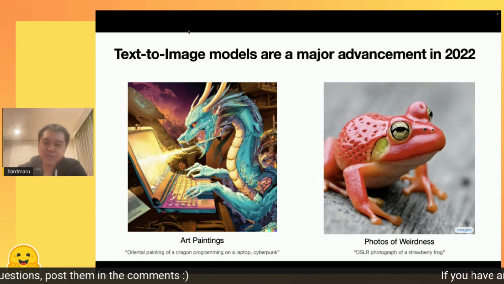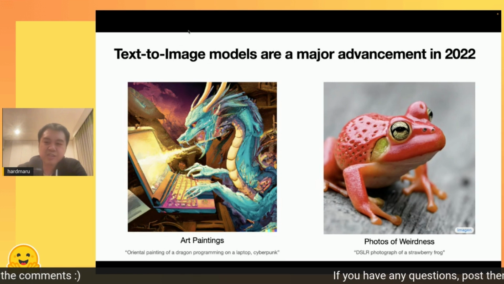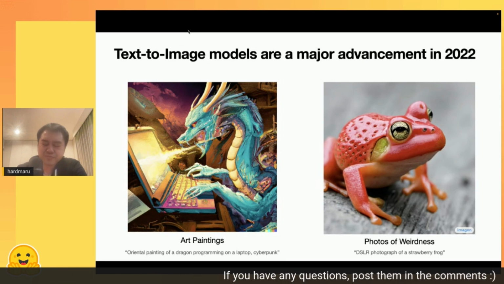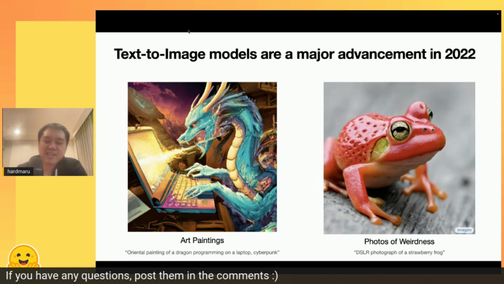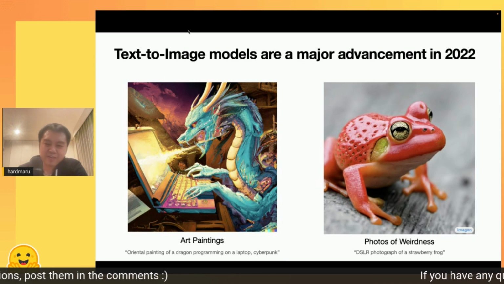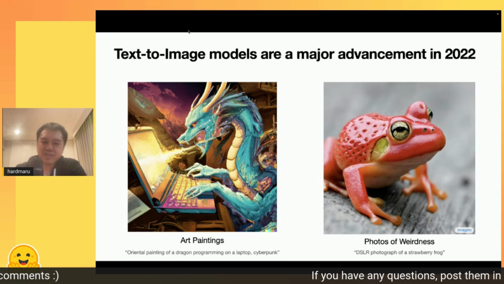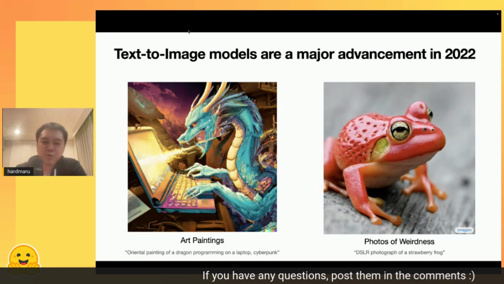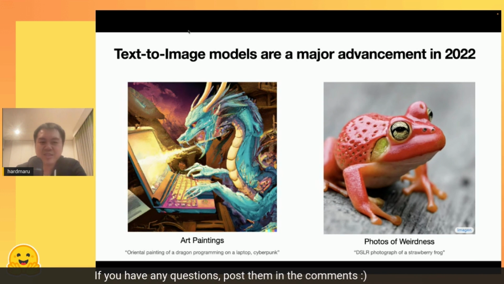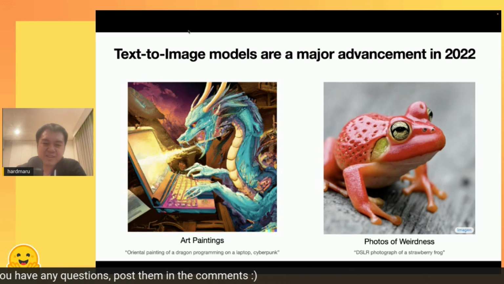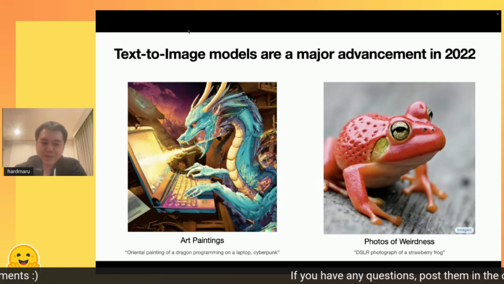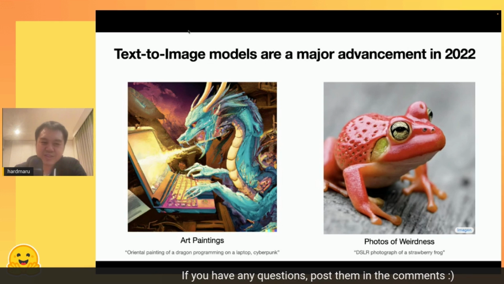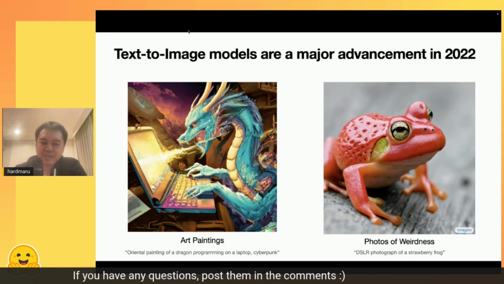I actually thought they were a bigger deal than pure text generation models like GPT, because somehow the human perception system, the visual system, is so attached to our senses, to our inner self, that we feel a lot more motivated and have a stronger emotional response when we look at images compared to reading text. And I think there were two types of initial applications. People were making art using these models, and also making photos of weird stuff, like a photograph of a